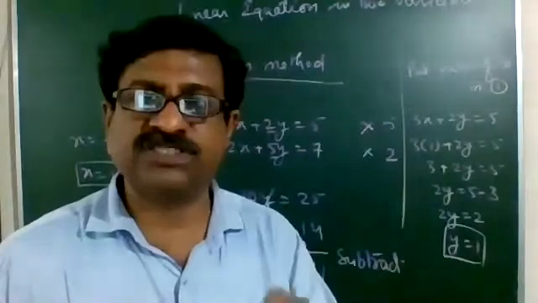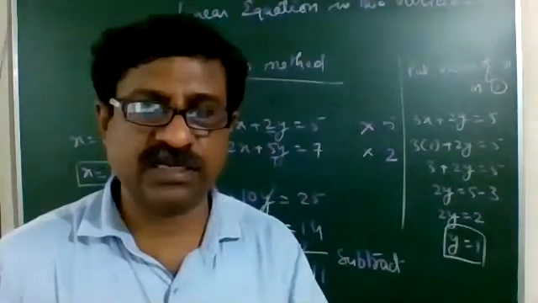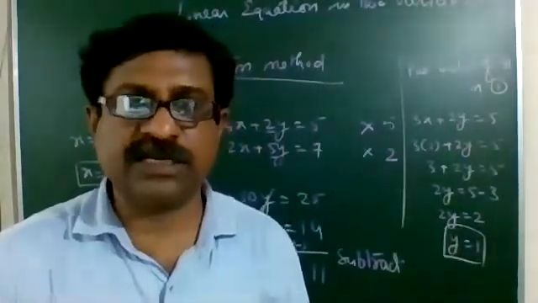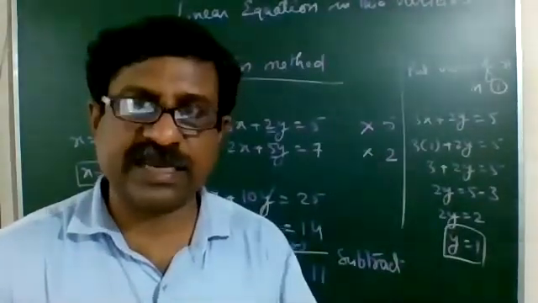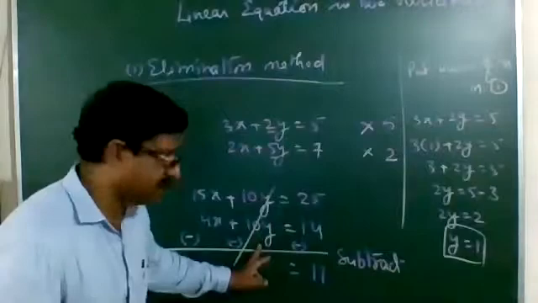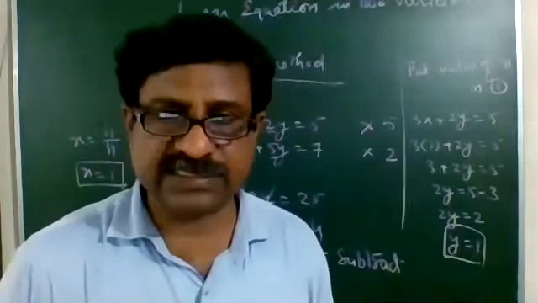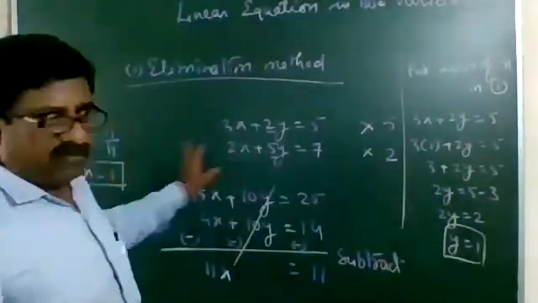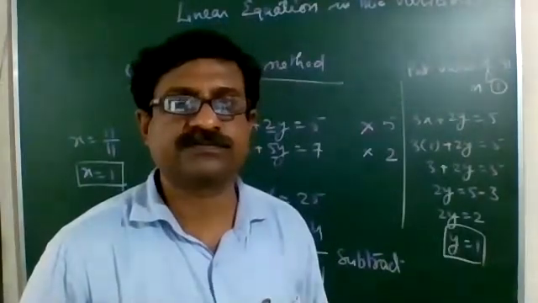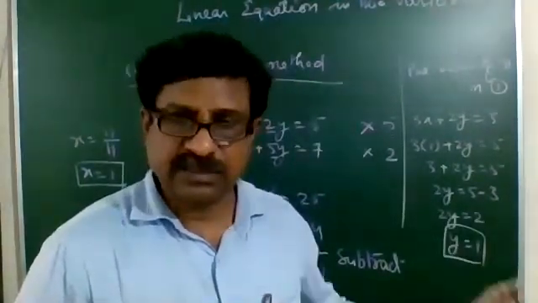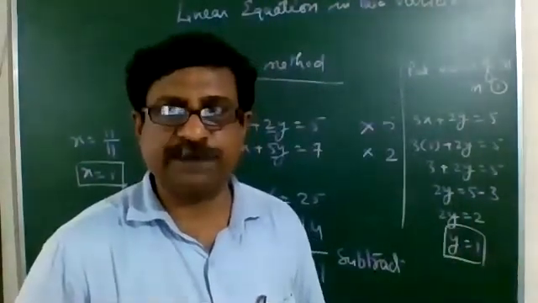This is the method which is known as the elimination method. To find out the value of x and y, first we try to eliminate either x or y. And if one of the variables is eliminated, cancelled, removed, we have cancelled y, easily we can find out the value of the other variable x. x we got 1 here. We have substituted the value of x equal to 1 to find out the value of y. Expecting that you understood this, we'll do certain other questions of the same type.